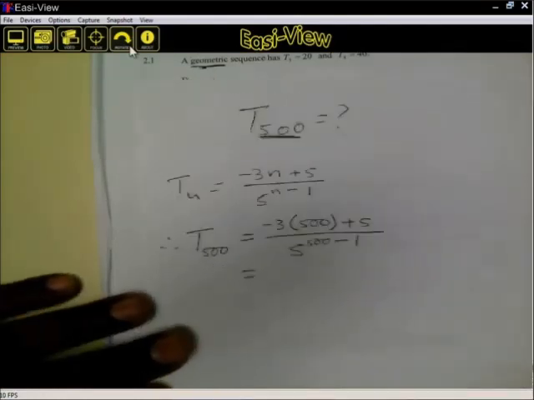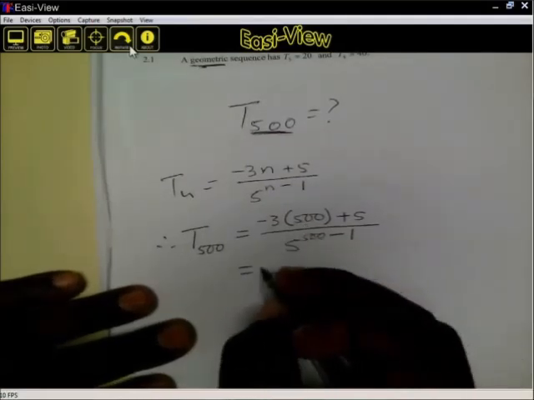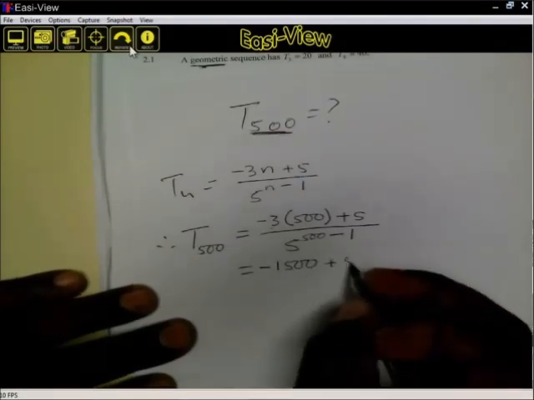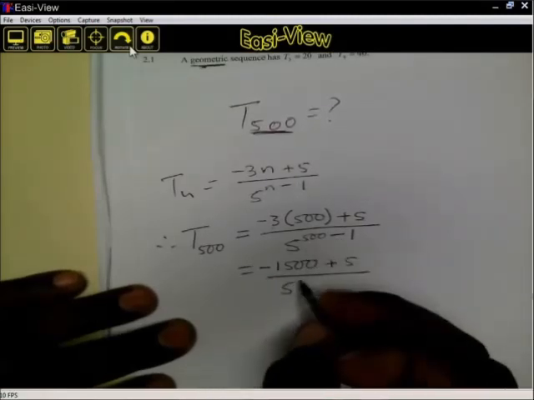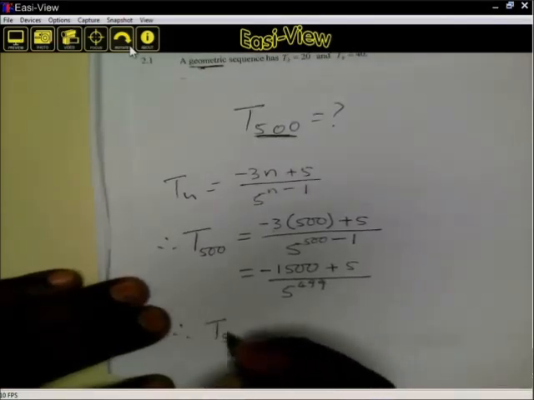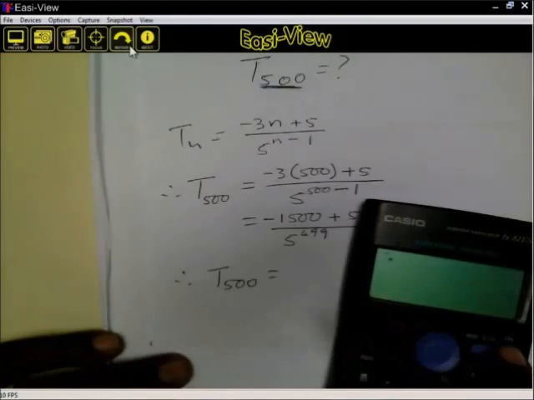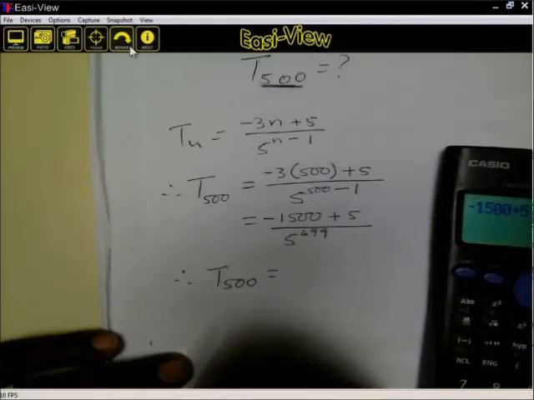And this is equal to negative 3 multiplied by 500 gives us negative 1,500, and then we have plus 5 over 5 to power 500 minus 1, which will give us 499, which therefore means term number 500 will be equal to negative 1,500 plus 5, and this gives us negative